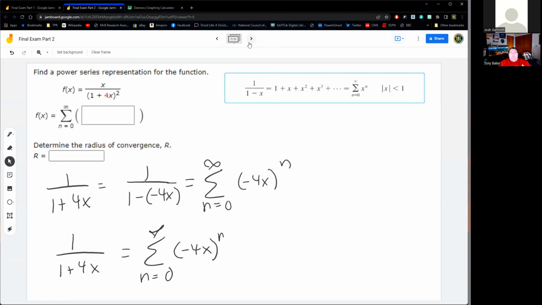And differentiation will do that. Differentiation always takes 1 away from the power. So if I do the derivative of both sides of this, so we're doing the d/dx of both sides,